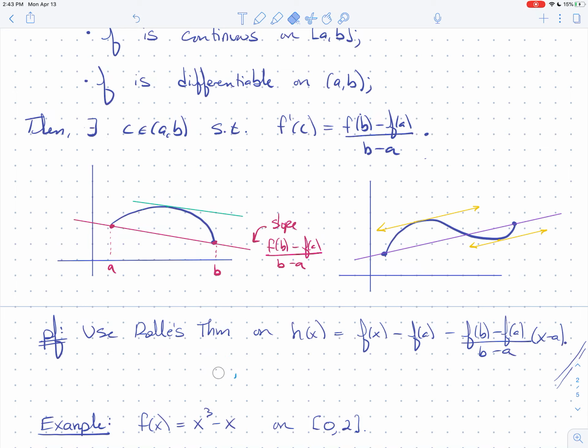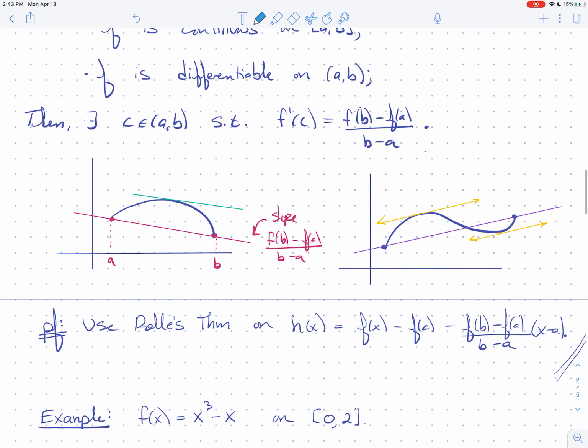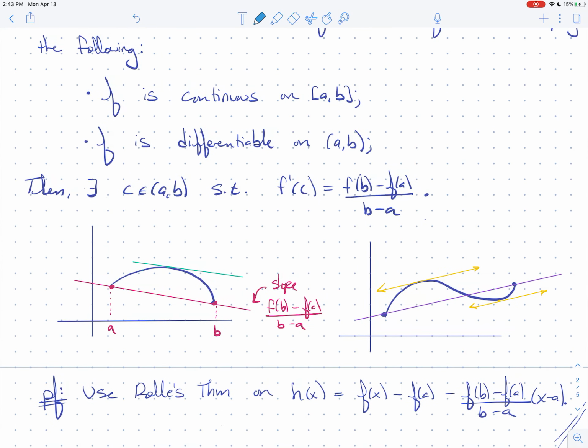So I won't go through the details, but I would highly encourage you, stop the video, play around a little bit, and see if you can see how this function h that I've written down will give you what we want for the mean value theorem. This function plus Rolle's theorem. So I'll stop this video here. In the next video, we'll do